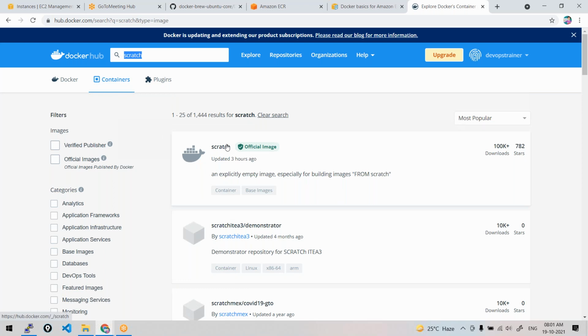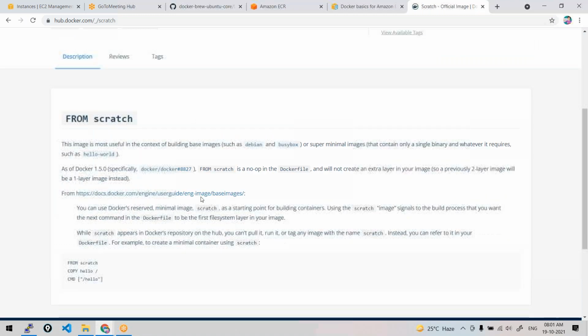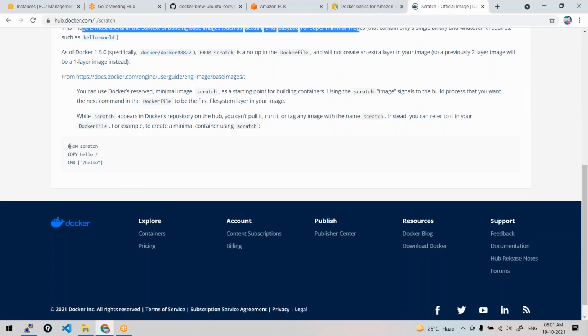Again an official image, but an explicitly empty image, especially for building images from scratch. It is most useful for building base images such as Debian, BusyBox, and super minimal images. If you want to create a minimal operating system, you could take Scratch and develop on it. But we don't generally do it. We develop on official images.